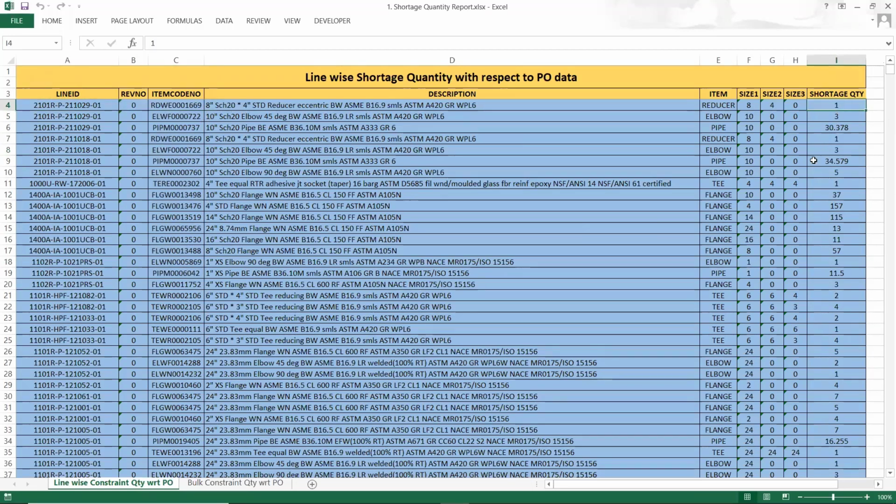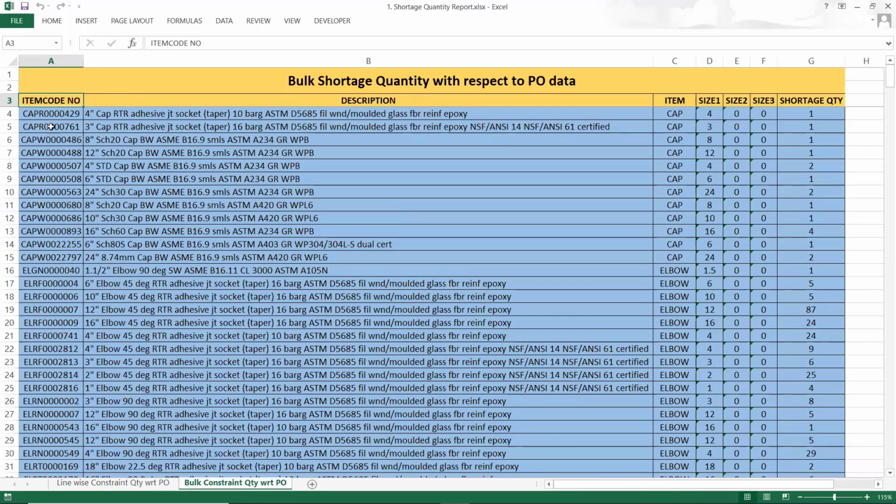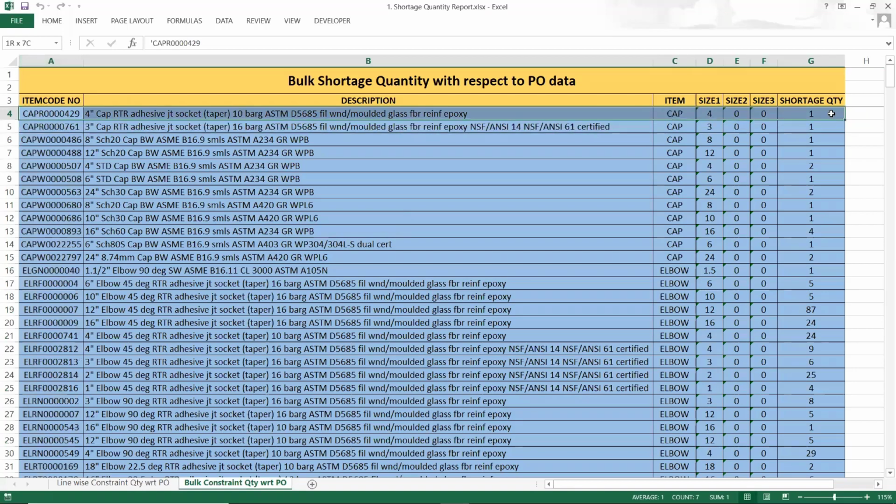Now with respect to the shortage quantity, I will further do the analysis. I will look into other stores, and if any substitution is available with me, this analysis will keep going on for getting this particular quantity. If not, then the shortage quantity will be referred to the procurement discipline for further procurement purposes. The first spreadsheet I showed was for the line; this spreadsheet shows a bulk result irrespective of line. Item code wise, what is the total shortage quantity? This is what I am receiving over here.